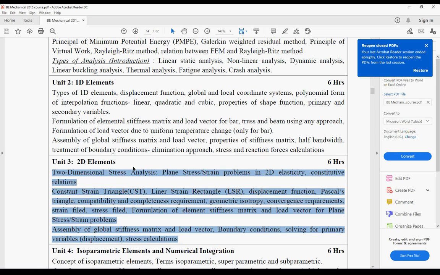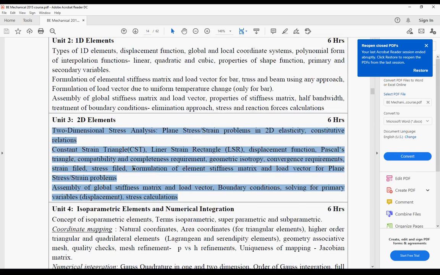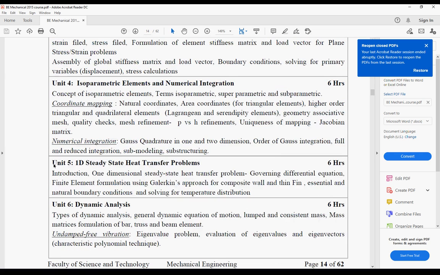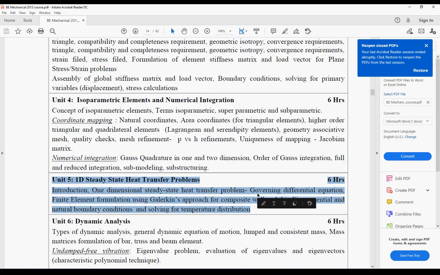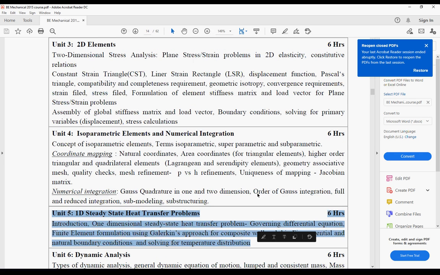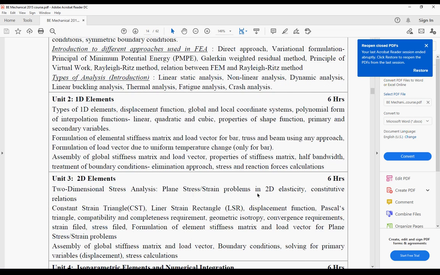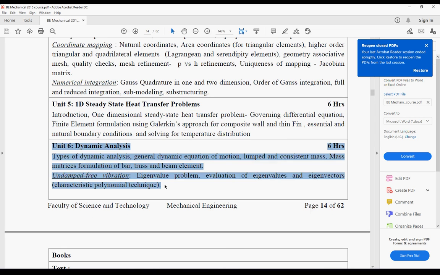Only the mapping we have to do: instead of 0 to 1, we have to go for -1 to 1. That's the only change we are going to study. The 5th unit is like the first unit. Instead of the 1D problem, here you have force and displacement, and there you have heat flux and temperature. So this is also automatically covered. What is different is the additional 6th unit. As far as the syllabus is concerned, most of the topics I have already covered. So as I complete CAD/CAM, your FE will automatically be complete.